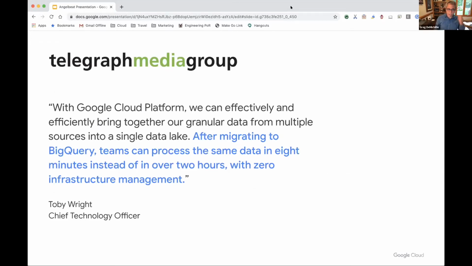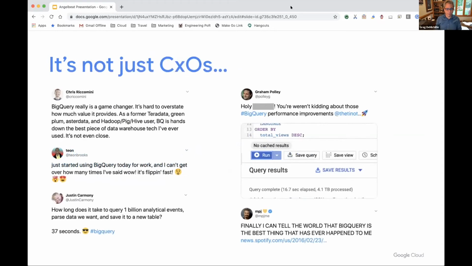So it's not just CIOs and CTOs that love it. If you go to Twitter, BigQuery has some of the best fans in the world. Justin Carmody was commenting that querying 1 billion events, parsing the data, and saving it to a new table took 37 seconds. Graham Polly, sorry, I had to bleep out the word after holy, but you can imagine what it is. He was noting the fact that because BigQuery is fully managed, we continuously roll out improvements, and he just in one day saw a massive performance improvement in his queries, to the point of he had a 4 terabyte query